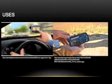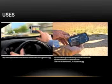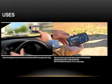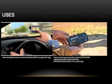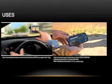GPS is now commonplace in automobiles as well. Some basic systems are in place and provide emergency roadside assistance at the push of a button. More sophisticated systems that show your position on a street map are also available. Currently, these systems allow a driver to keep track of where he or she is and suggest the best route to follow to reach a